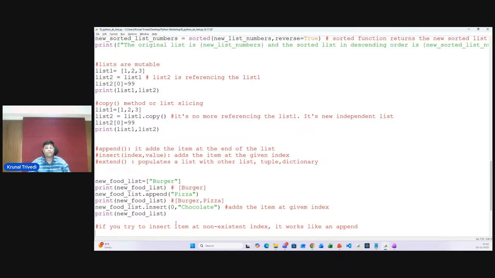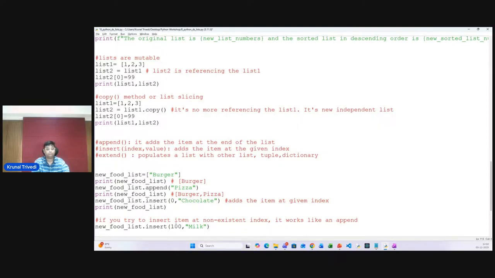It will simply append the item, right? So let me write it down and say new food list dot insert item milk at index 0. And if I print here,